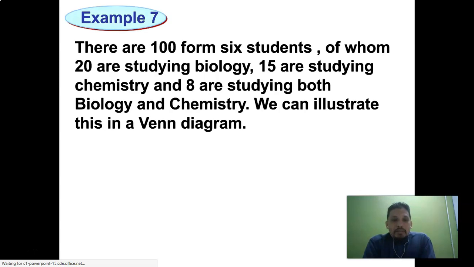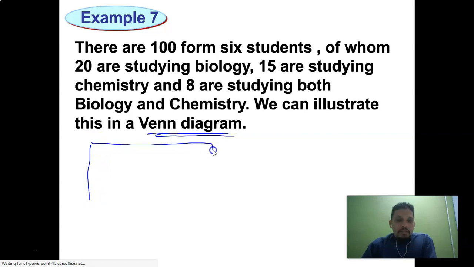Then example 7, there are 100 Form 6 students, of whom 20 are studying biology, 15 are studying chemistry, and 8 are studying both biology and chemistry. So we can illustrate this in a Venn diagram. So let me introduce you to what a Venn diagram is. Okay, this is the one. Okay, now